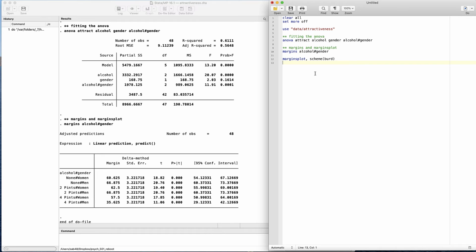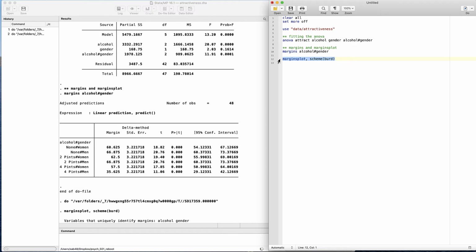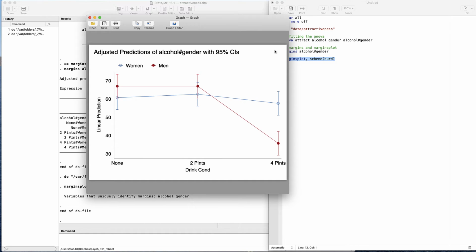So what you're seeing on the screen right now is the factorial ANOVA that we fit in the last video. So we have the interaction here that is statistically significant. And then I've gone ahead and run the margins command again so we can get those cell means. And then now I'm just going to run the margins plot. Okay, so we can look at this. So the first thing I want to do is compare